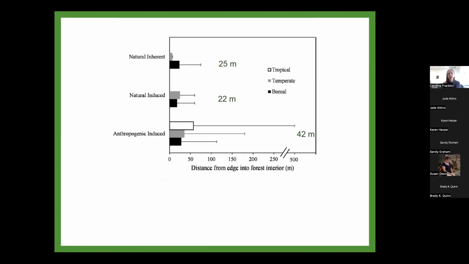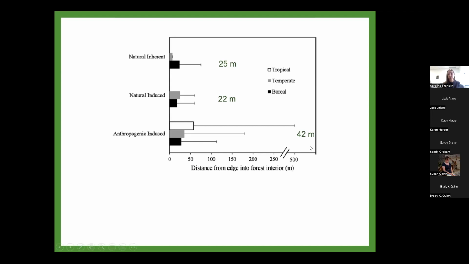This graph is showing the distance from edge into the forest interior. We have the DEI estimates here again, but at the different forest types. Now the white is representing tropical forest, the gray is representing temperate forest, and the black is representing boreal forest. It's really hard to make comparisons, but one thing to note is the DEI overall estimate